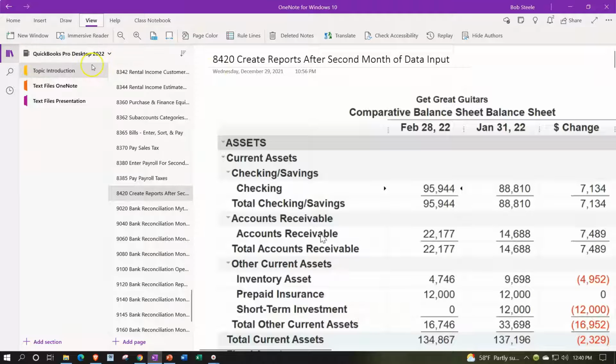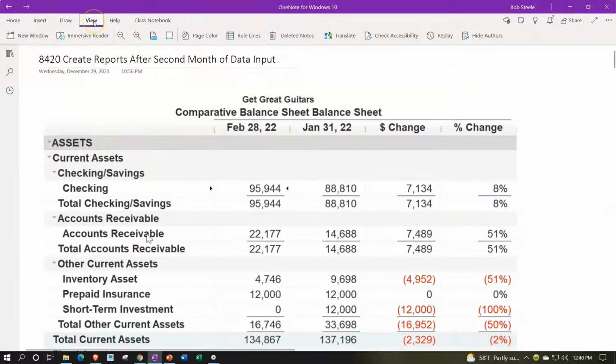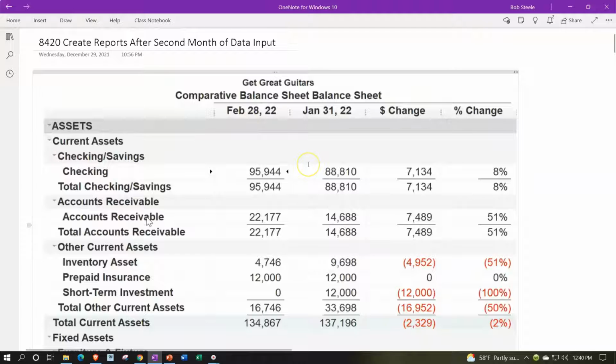Topic introductions are designed to give an introduction to the topic, provide screenshots, links where applicable, and give accounting background to complement the presentations, and can be used to follow along with them if you don't have access to the software at that time. Closing the icon on the left-hand side, we're going to be looking at the comparative balance sheet first,